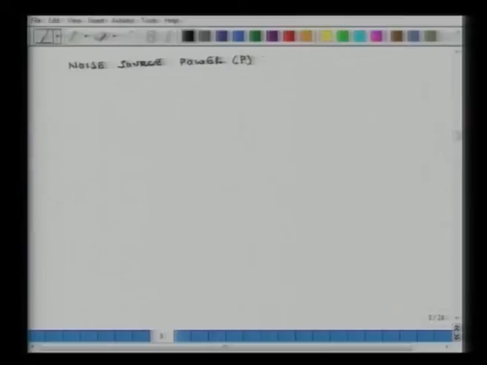So, you can call it P and this is in watts. So, this particular relation is P equals Fn dot Pm. This is an empirical relation. So, I am not going to offer any proof or anything like that, where Fn is a conversion factor. And Pm is the actual power of that particular machine in watts.